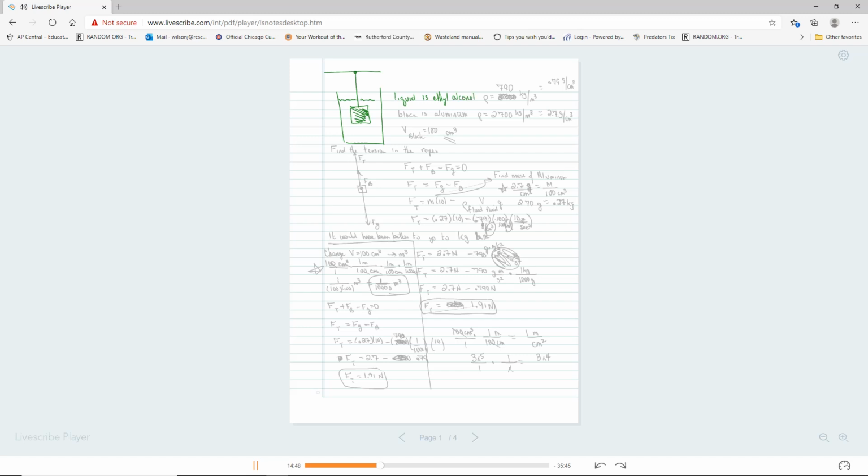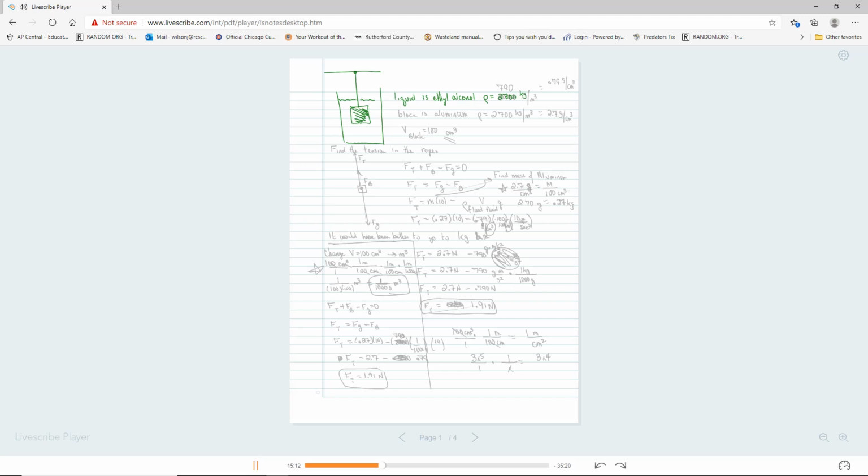We have a string in here. The liquid is ethyl alcohol, which has a density of